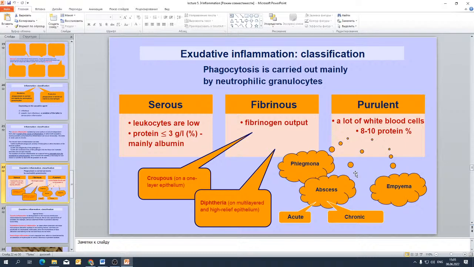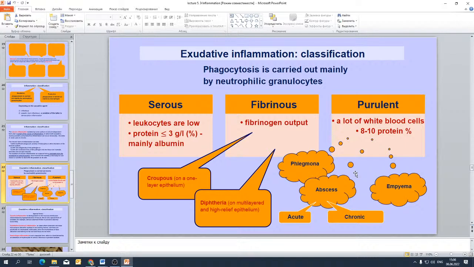Empyema is pus in whole organs or maybe a body cavity. For example, empyema of the pleura. And if we discuss phlegmon, this is not limited purulent inflammation. For example, phlegmon of skin,